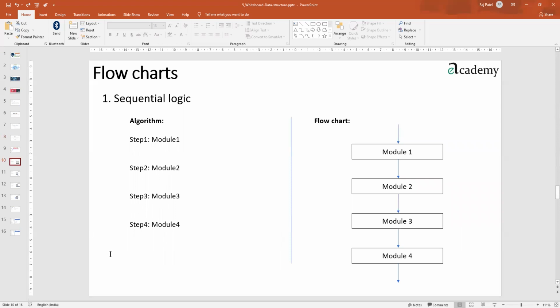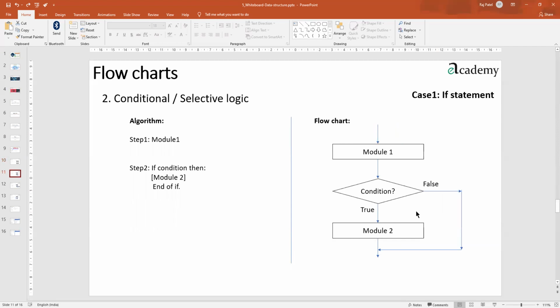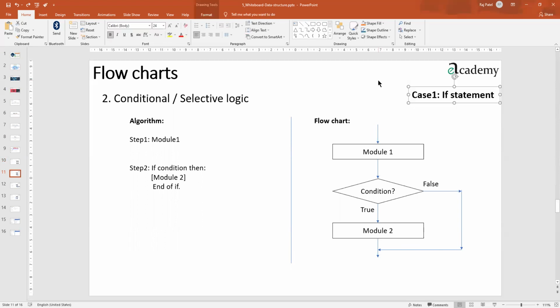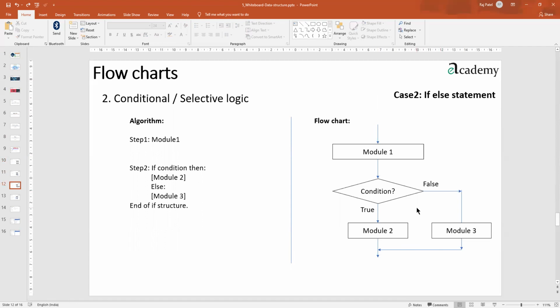Also, we started with something called a flowchart or algorithm point of view. It was really easy. If you have something to follow in a sequence, it is called sequential logic. This is the way it can be presented in a linear form. Further, we also related some of the C++ topics, which we call selective or conditional logic. The first out of that which we took is the if statement. If means if something is true, do this, otherwise leave it. But in the if else part, we have tasks to be done in case of true as well as in false. That also we did.